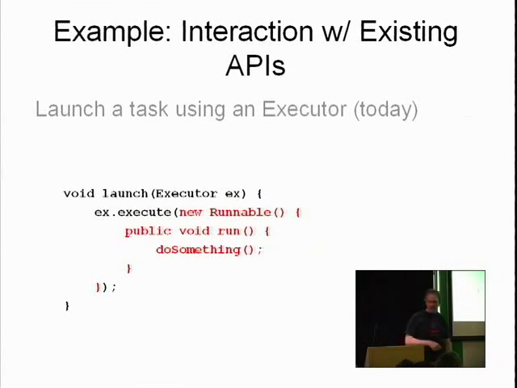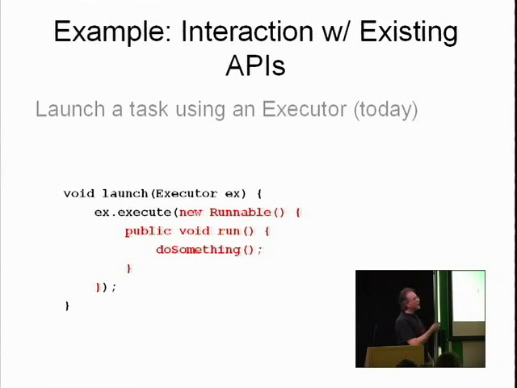So what about existing APIs? For example, there's this executor framework. This is java.util.concurrent.Executor. It's an interface that takes a Runnable, and depending on what implementation of that interface you use, it forks off another thread or pulls a thread out of a thread pool and causes the Runnable to be done by that background thread for you. It's a very useful facility, but in order to use it right now, you have to